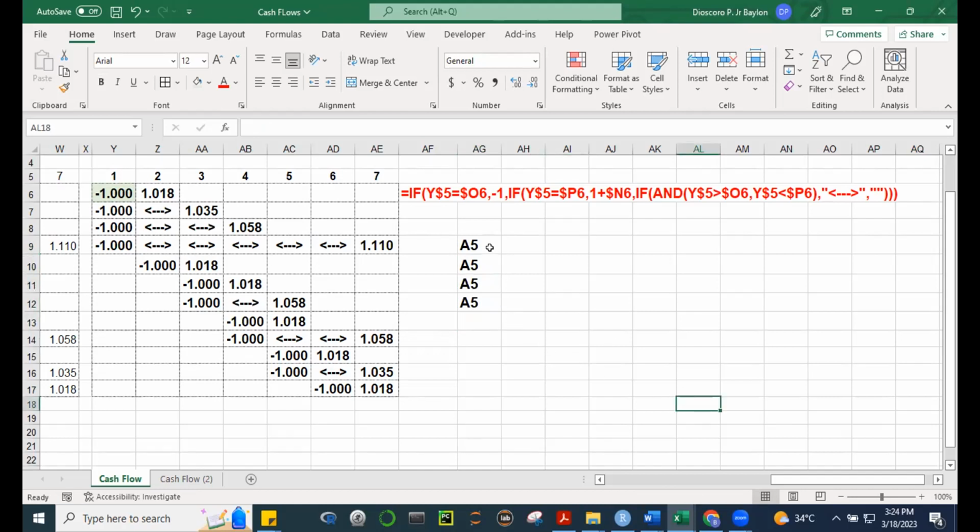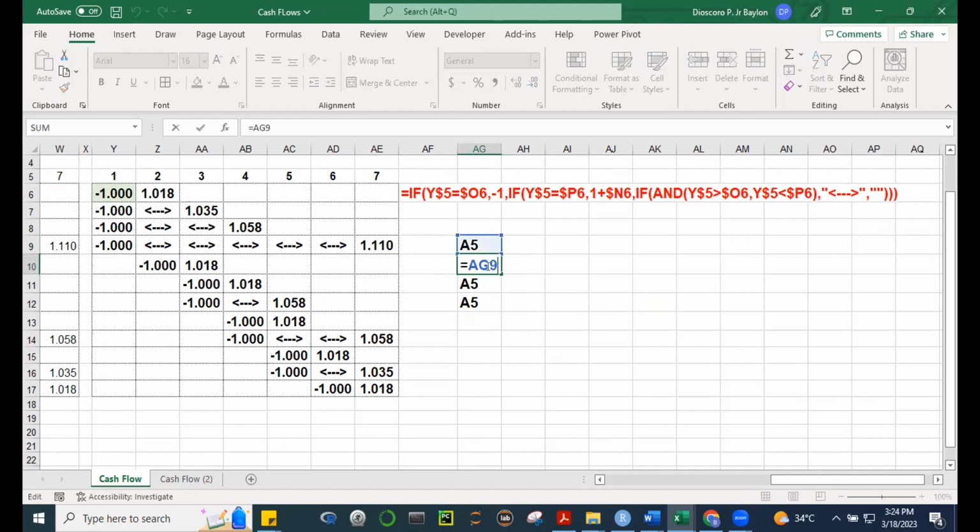So a cell address can be relative, which means you're not fixing your column or your row, or it can be